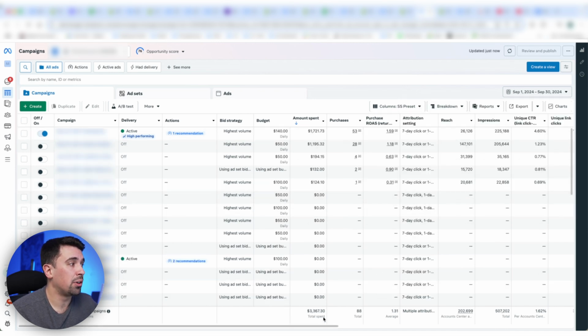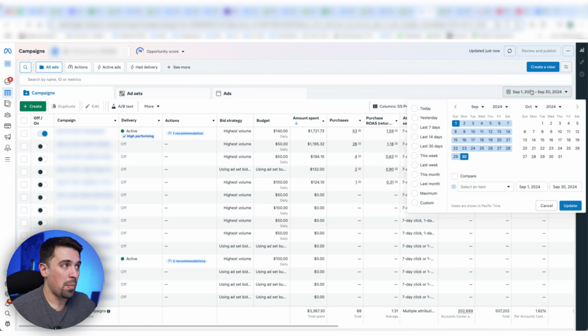September, we scaled down a little bit, 3.3K, 88 conversions at a 1.31. Still not profitable. Okay, so now we're May, June, July, August, September. We're 5 months in, and we've been unprofitable thus far. Now October,